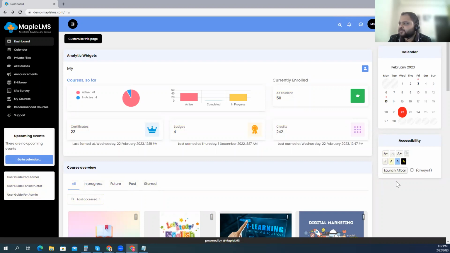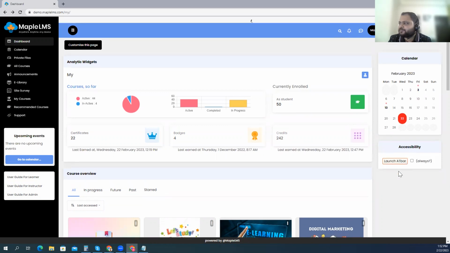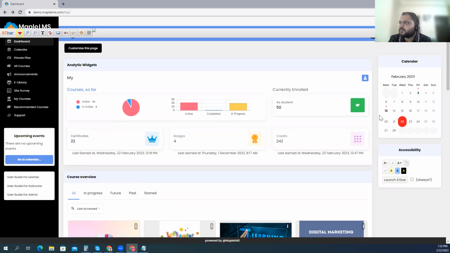These are some basic options, but now if I click on launch toolbar, if you notice on the top, there's a toolbar available which is dedicated for accessibility. This toolbar will provide you with quite a few options.